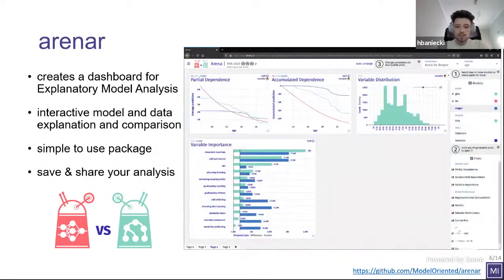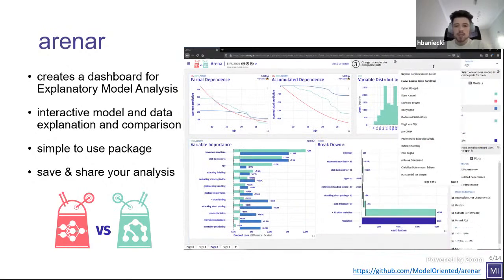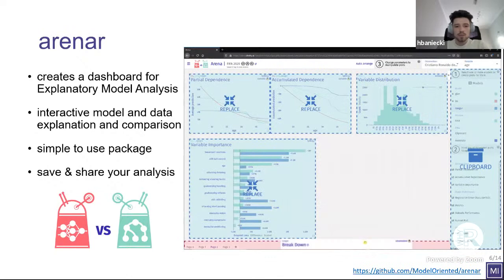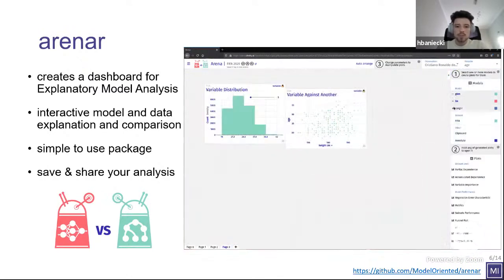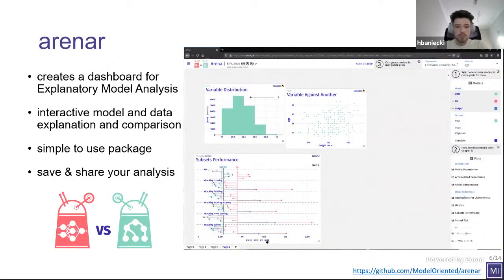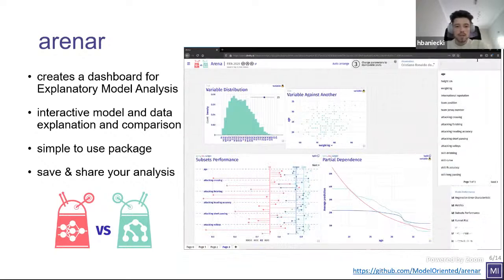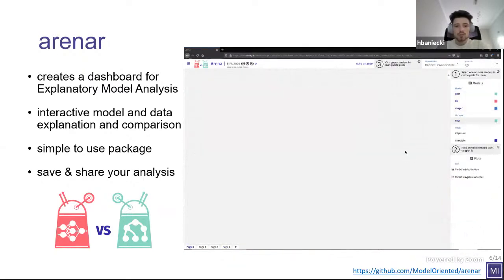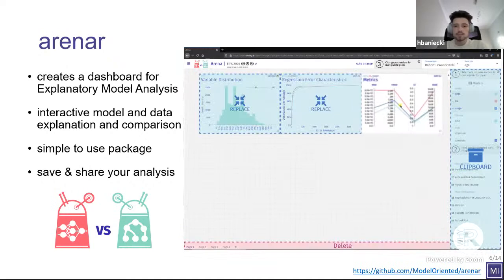And the key trait of this dashboard is that it can also be serverless. So you can just save it as an HTML file and add it as a supplementary resource to your research, or maybe in your company to your model, or just send it with an email, or maybe version your models on GitHub with such dashboards. So this tool is fantastic if you don't want to waste time on coding the explanations and you want to focus on the interactive model and data explanation.